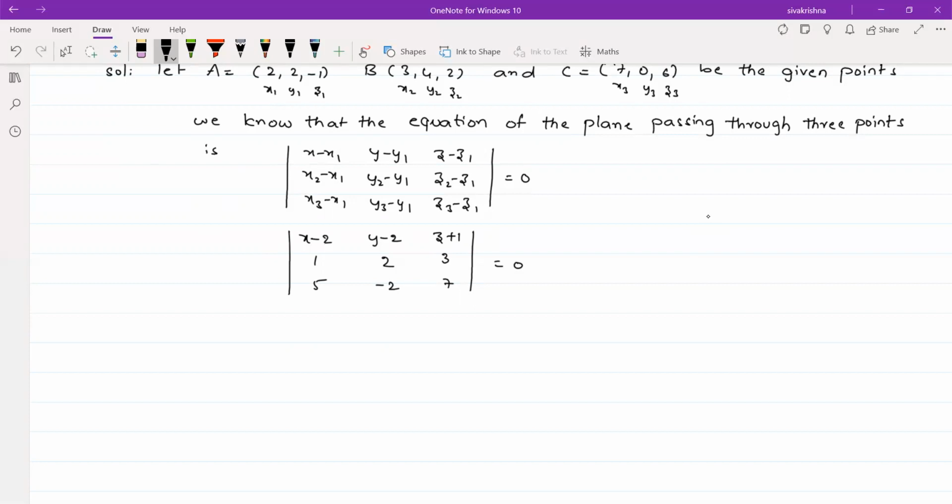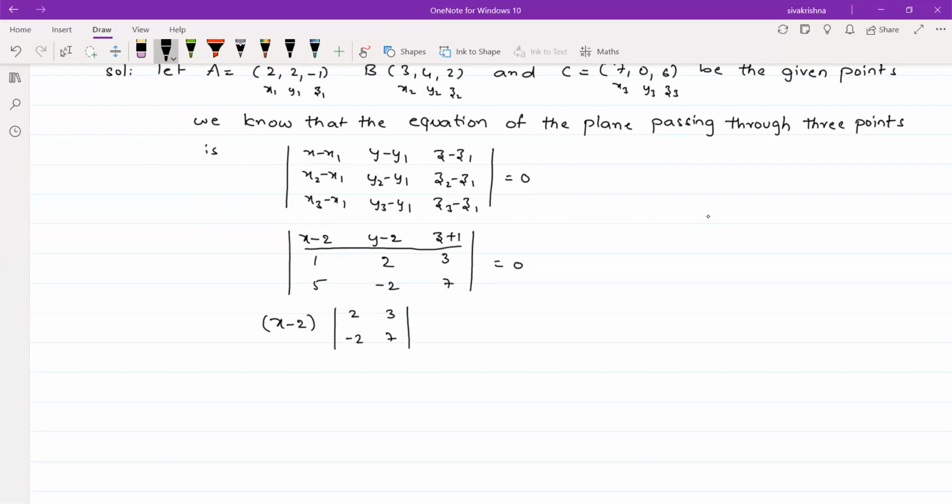Okay, so this is the first row. I am expanding the determinant of the matrix. Please listen carefully. So the first element in the determinant is x minus 2. So x minus 2 into, what we have to do is we have to close the corresponding row and the corresponding column of x minus 2. If we close the corresponding row and the corresponding column of x minus 2, then we get 4 elements. Those elements are 2, 3, minus 2 and 7. So we have to write those elements in a determinant so that we get a 2 by 2 matrix.